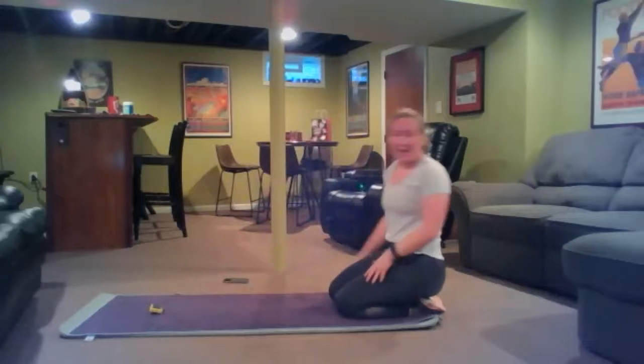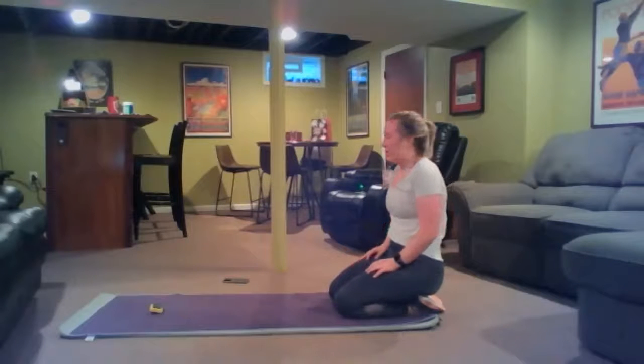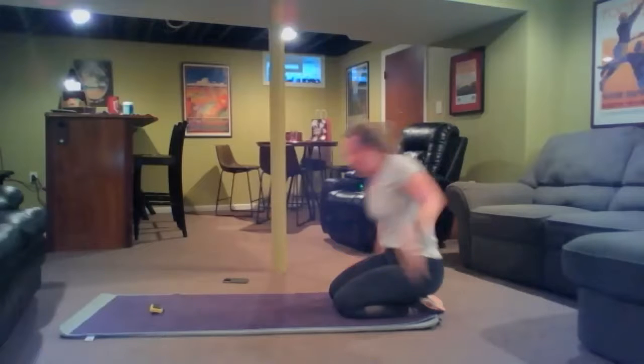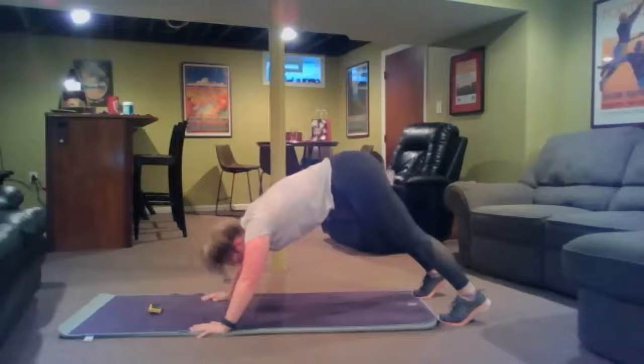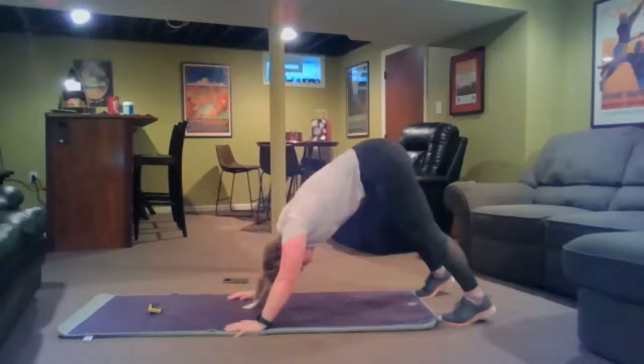If you haven't tried them yet, round 3, try to see if you can get 1 or 2 in before switching into shoulder taps or push-up. Here we go. 2, 1, and go. Sit those hips up. Push through the thumb to lower down, and drive up. Hitting the top of that shoulder,